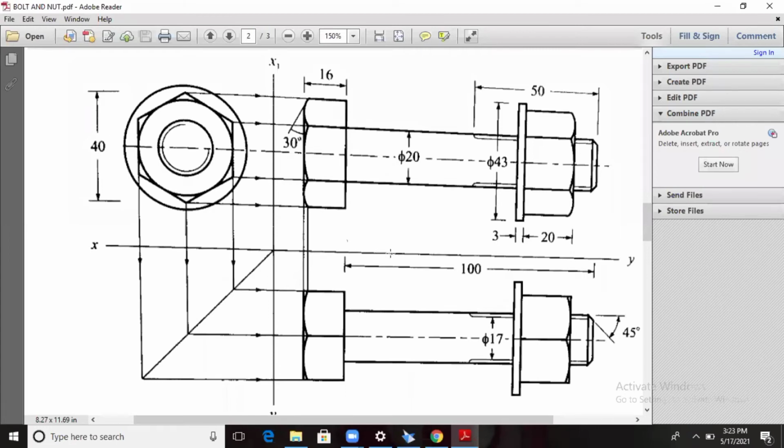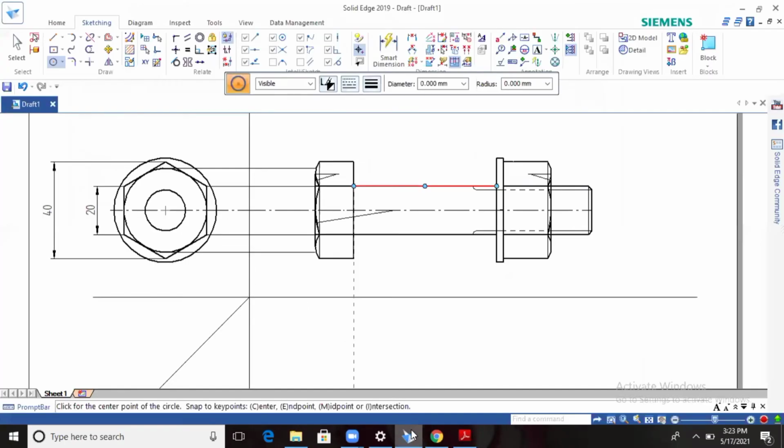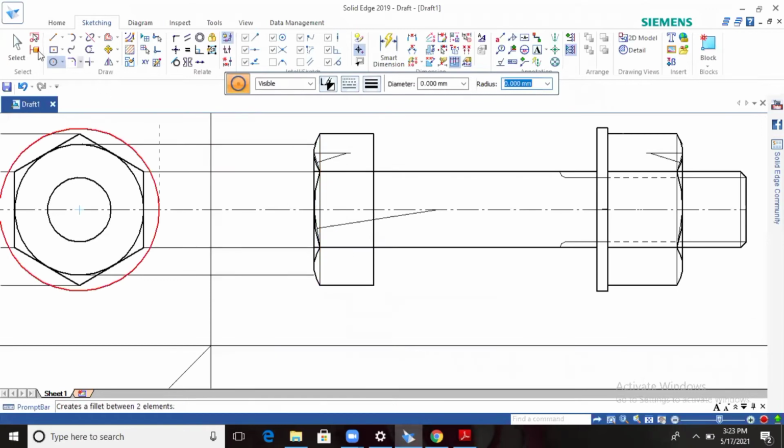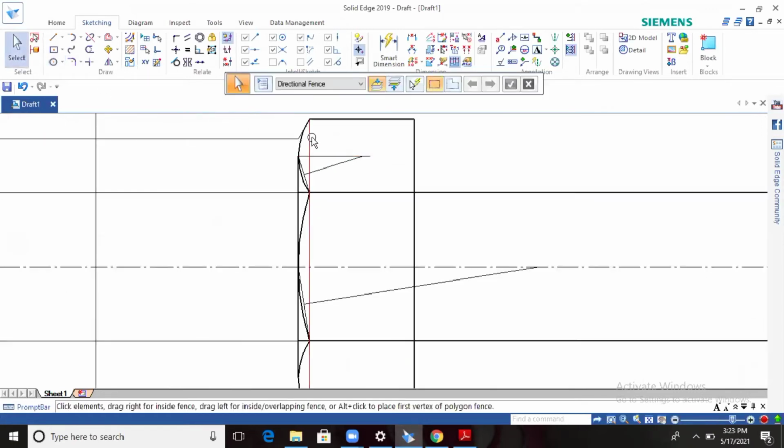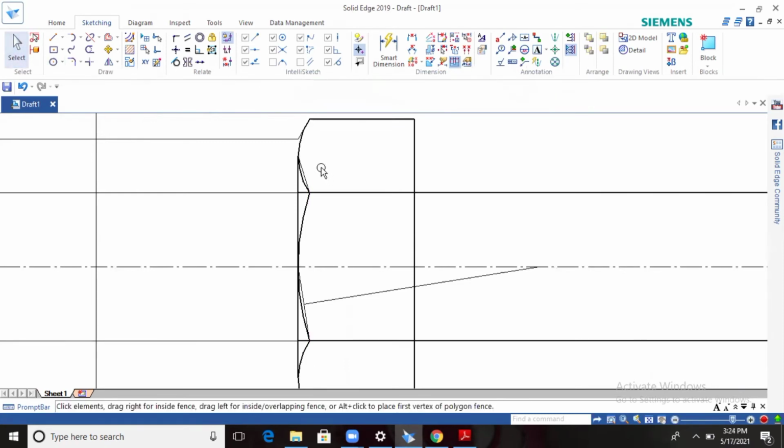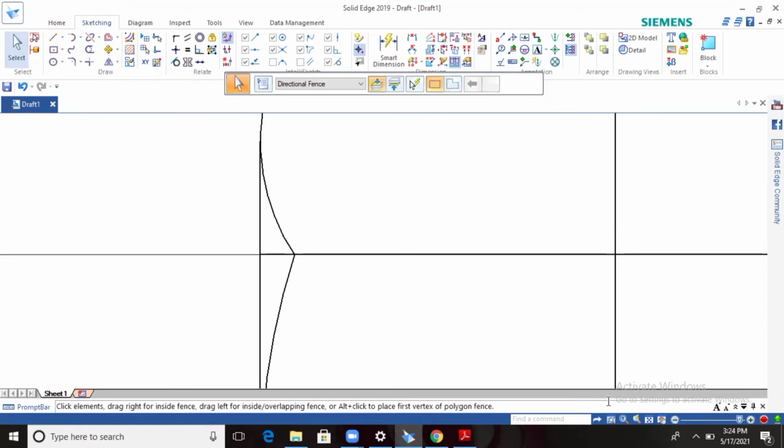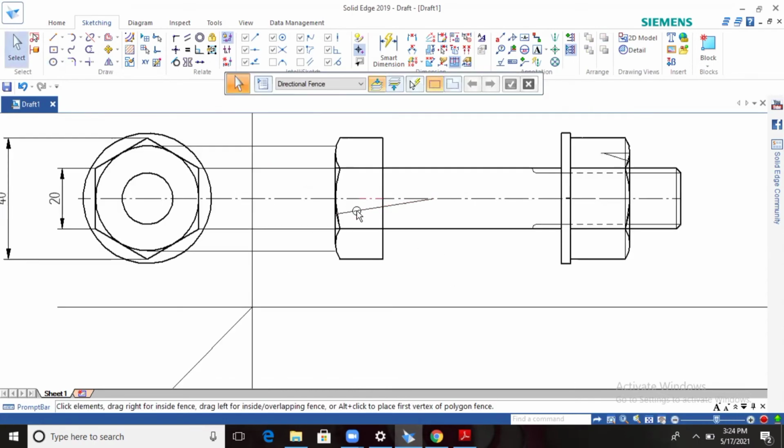Okay, it's a very easy method, so go through this one. Finally, see this line, the reference line. If you want you can keep it, otherwise remove it. If you want, write it down, otherwise I will delete this one. But in the exam you should not delete it. For your reference only, keep it. So now it is clearly visible. Hexagonal bolt nut with washer.